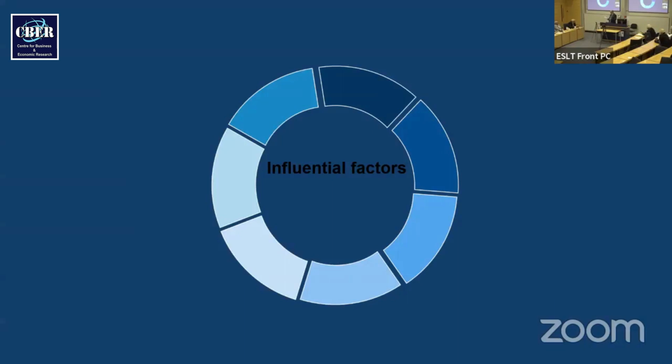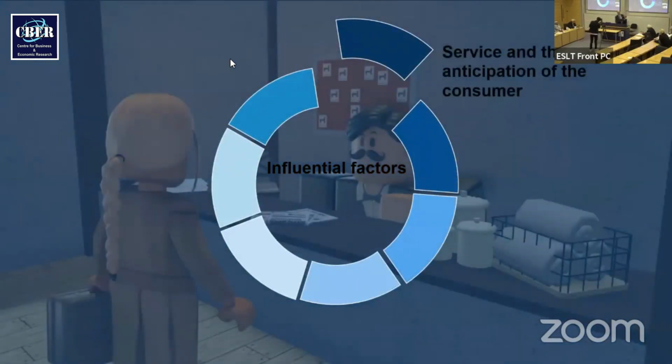Because this process is variable, there are certain factors that can influence it. This process is connected to variables that consumers use to evaluate the encounter with the service provider. It is essential to identify critical influential factors of consumer behavior. And the first one, I identified 6 direct influential factors, but the first one is the service and the anticipation of the consumer. When we talk about anticipation,